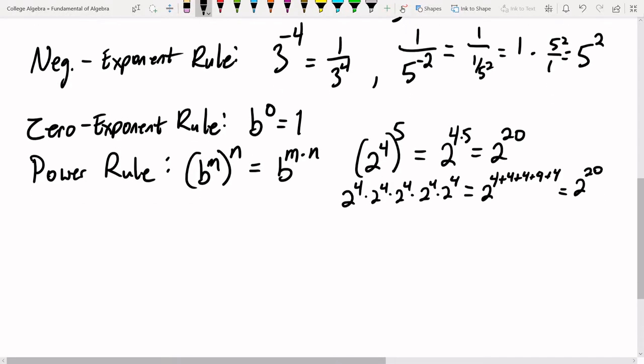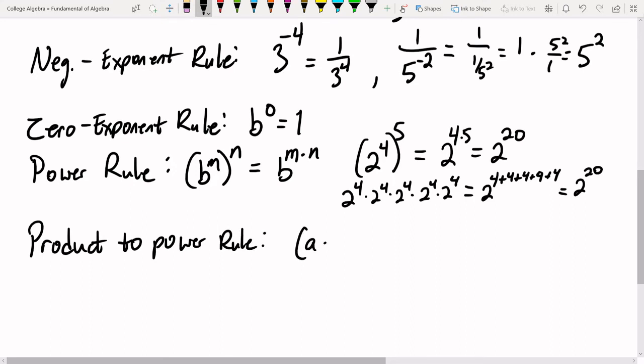Now we have product to power. Here, we're going to take a product of two bases to the same power. This power can be distributed over a product of two bases. You can expand this out. For instance,